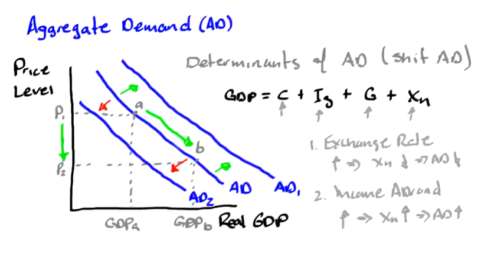So what we've done in the last 3 videos is talk about the things that influence consumption, the things that influence gross investment, government's choice to increase spending or decrease spending, and then these 2 determinants of net exports can shift this aggregate demand curve either to